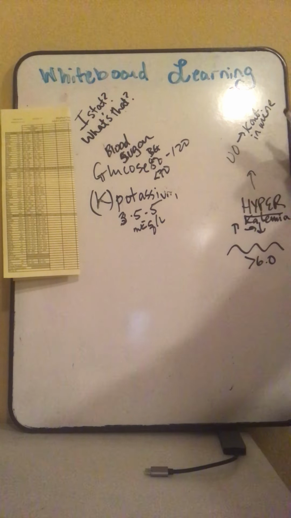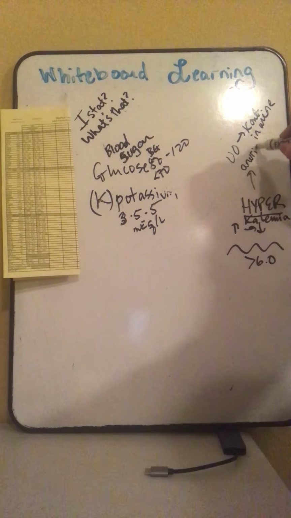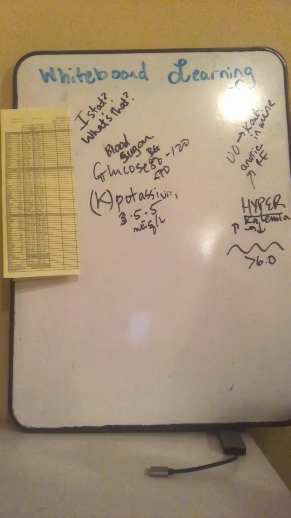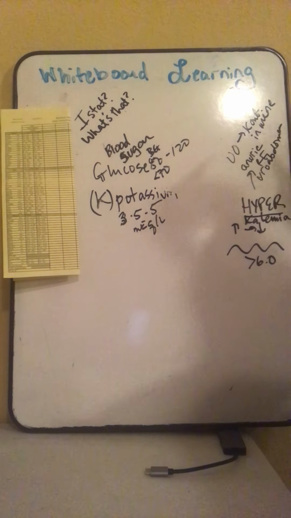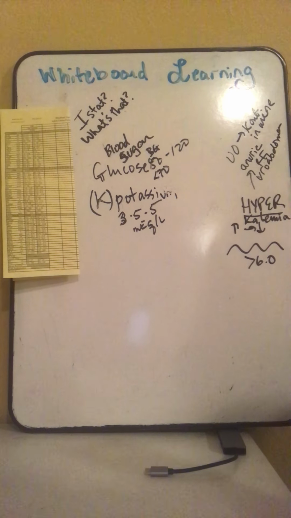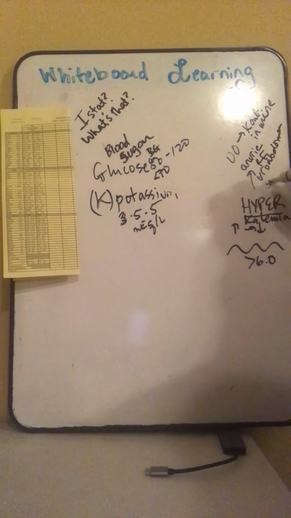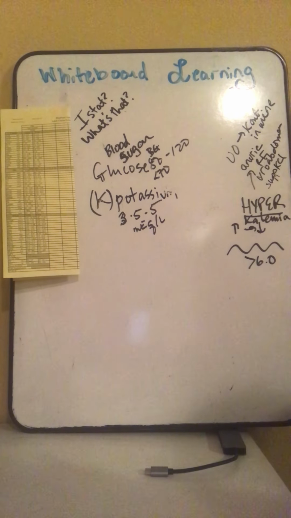So a UO cat, if they're not able to put it out in the urine, that would be a problem. If you're in anuric, or no urine, renal failure, that would be one version of that. If you have uroabdomen, so your bladder's ruptured maybe, and you're pouring the urine into your abdomen, and so you're not getting rid of it, you're kind of holding on to it, which doesn't make any sense, but that's what happens, right? And then if you're supplementing